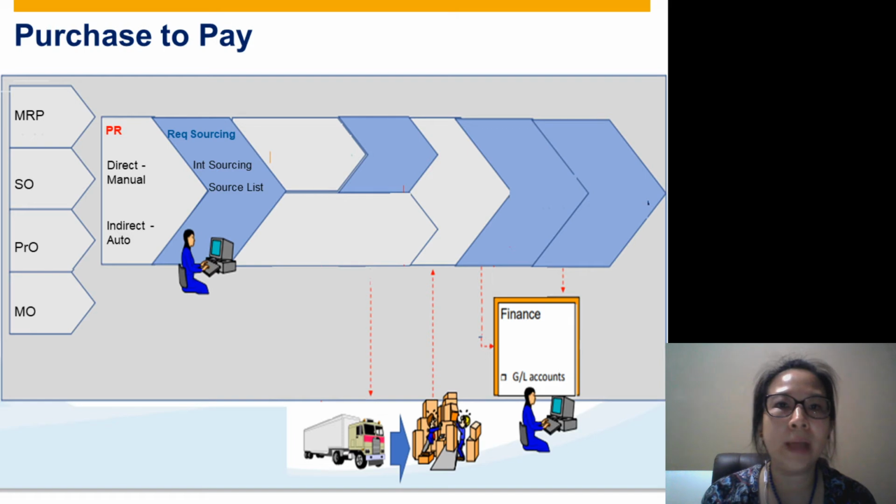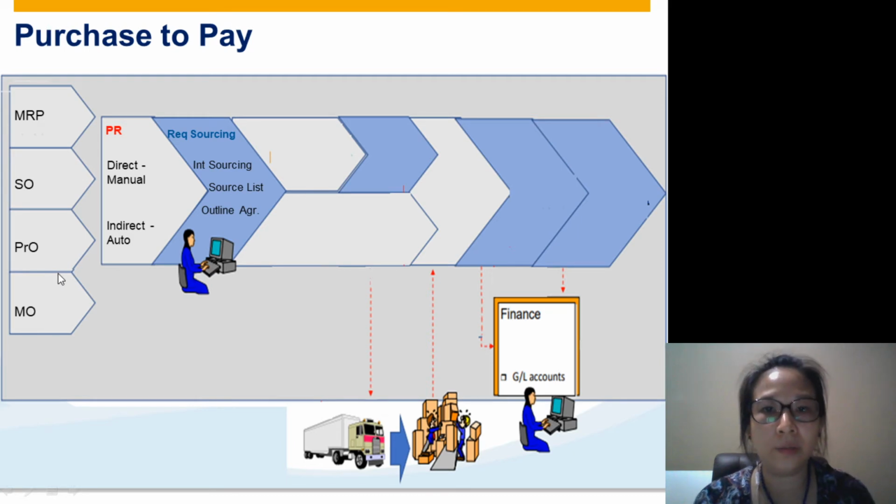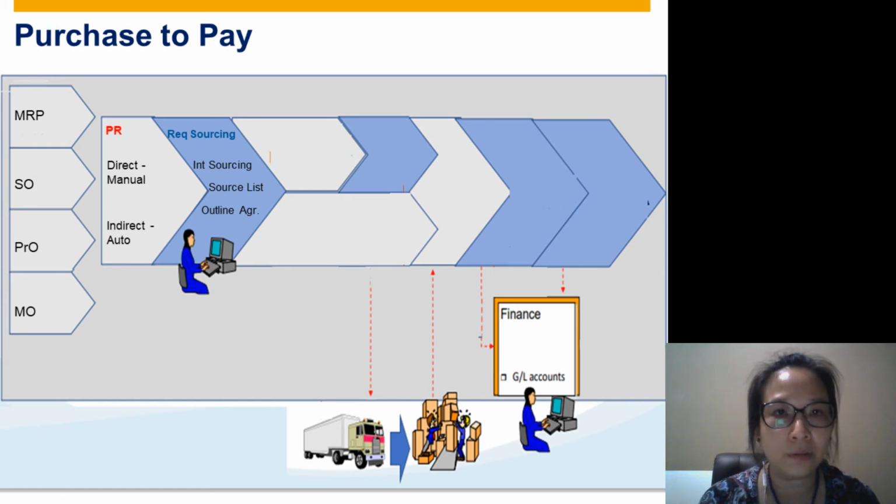Whether we already have the list of the vendor that can provide our needs. And then we also need to have a look into the outline agreement. Outline agreement is actually talking about our contract with the vendor. So we need to check whether we already have an agreement with the vendor, whereby the agreement usually can be